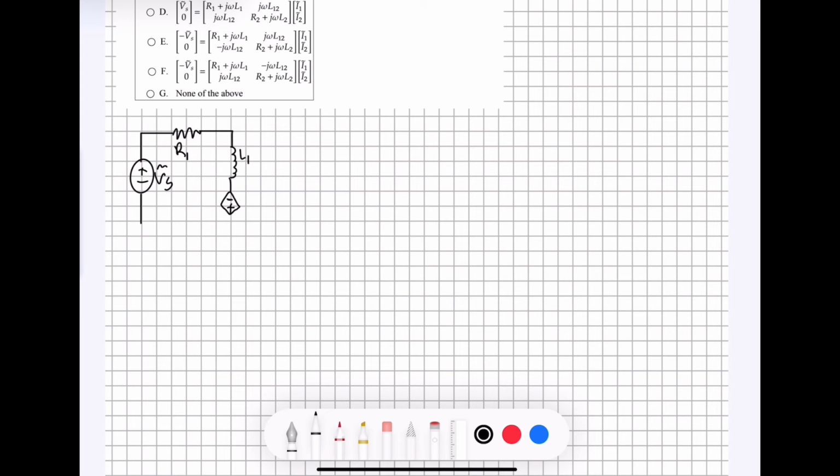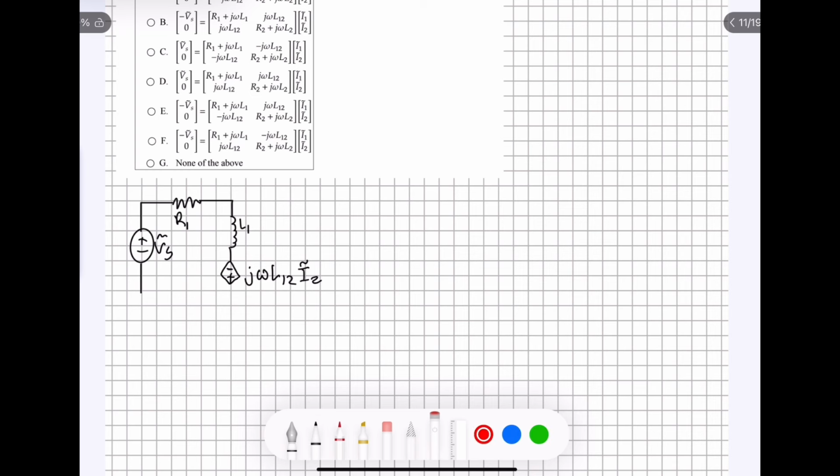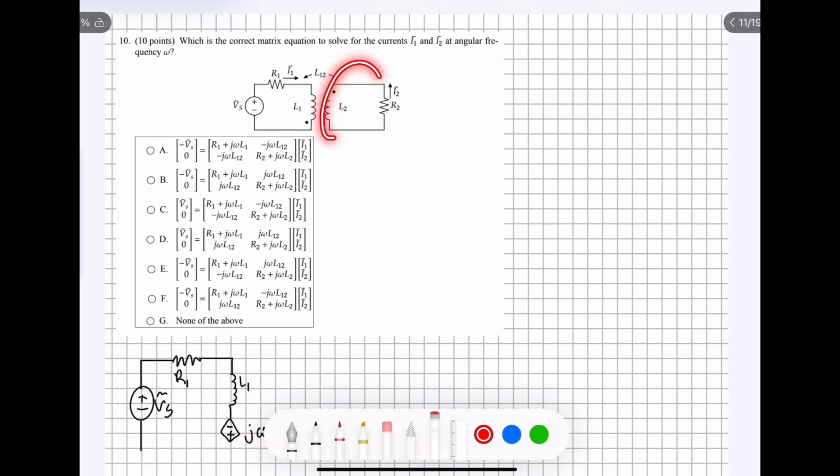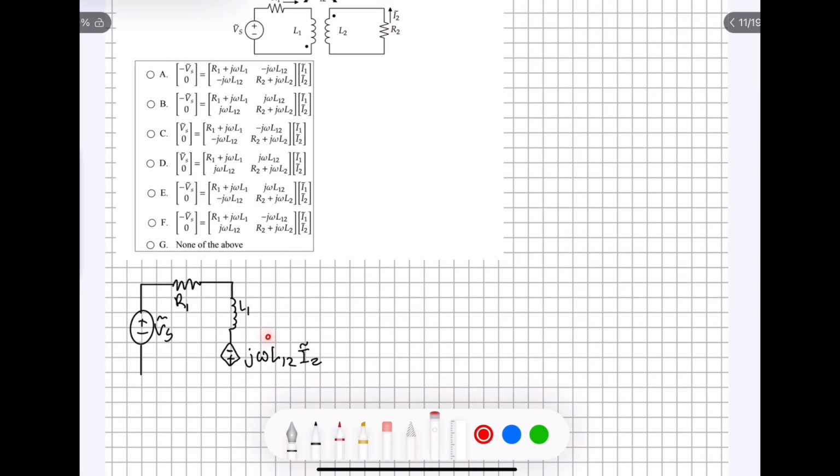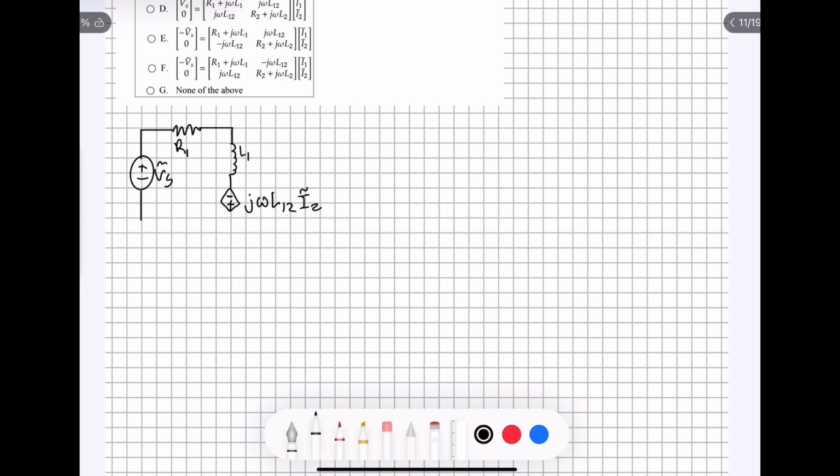The equation for the voltage coming out of the source is going to be J omega L12 multiplied by the current of the other circuit. So this is a dependent voltage source, and it's dependent on the current in the other circuit over here, not on the current in this circuit. It's also dependent on the inductance right there, L12. All right, now we can connect the circuit back like this